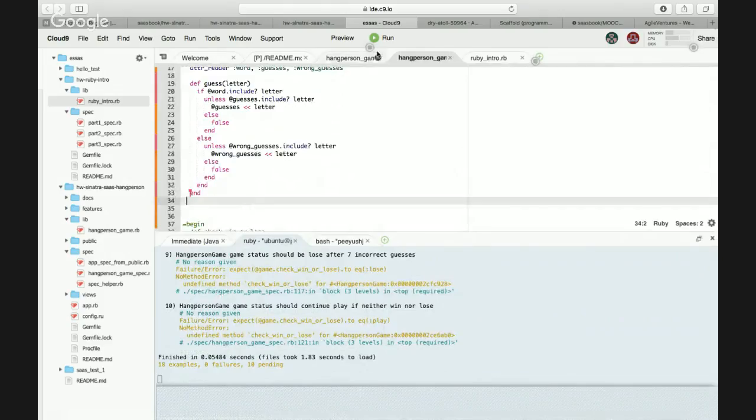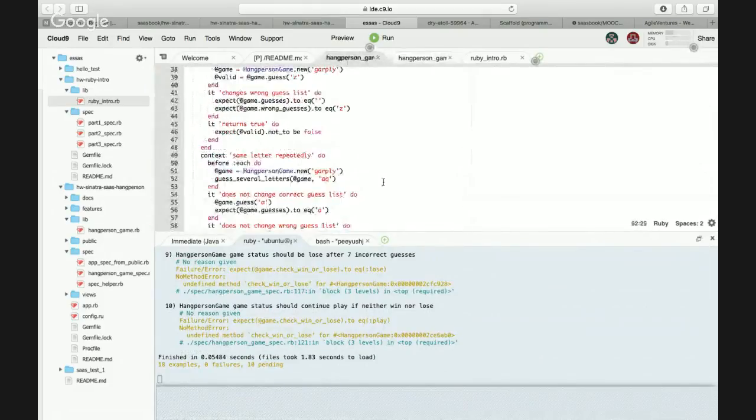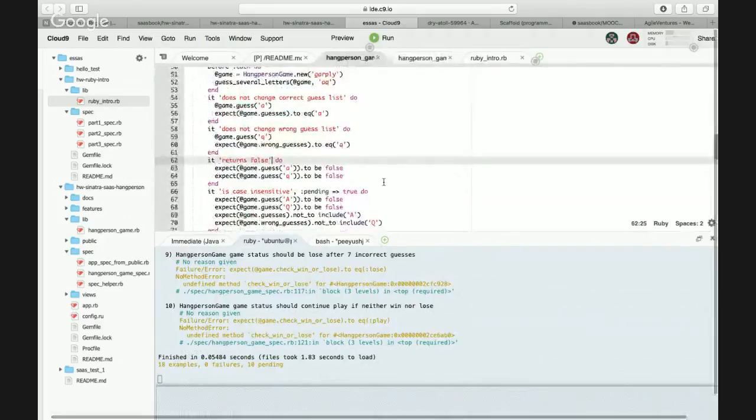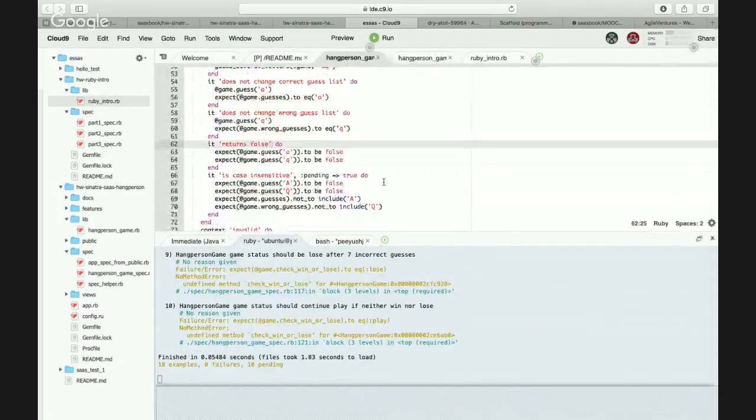Let's go into the test file and remove some of the other pending true expressions as well and see what happens. It is case sensitive, so now I think it will fail again. Yeah, it's definitely going to fail because our code is case sensitive.